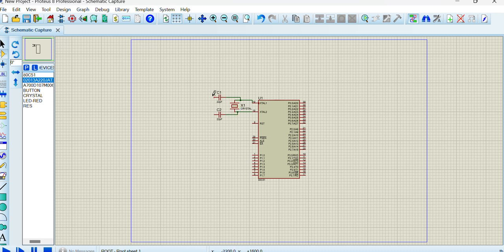So other terminal we have to connect to ground. Ground we will get in terminal mode. So select ground and connect it to capacitor pins. So this is crystal circuitry. So now we will connect reset circuitry. So for that we will need one push button,